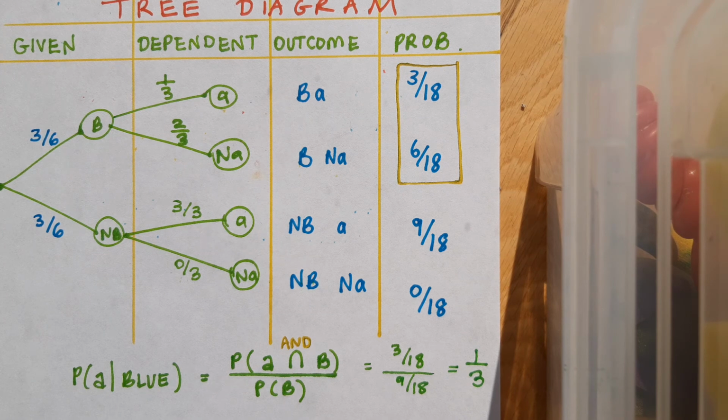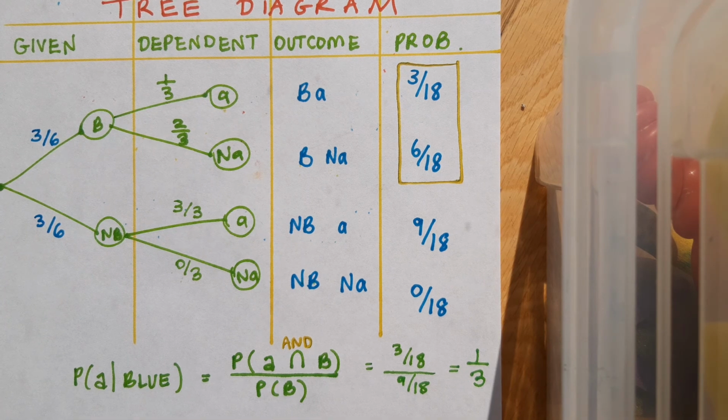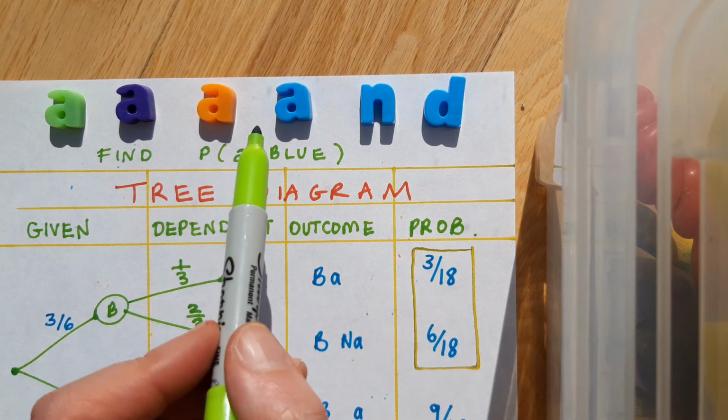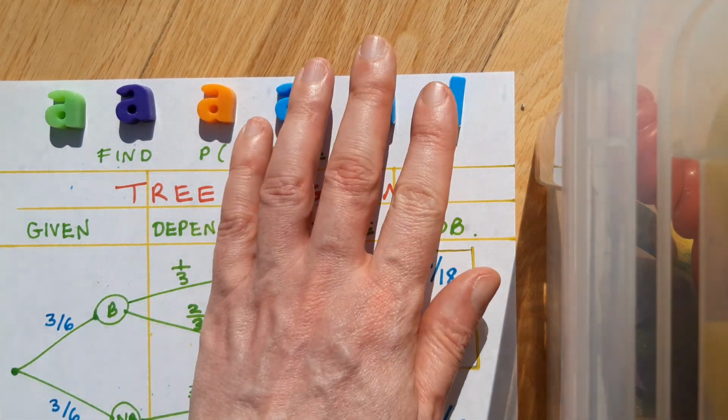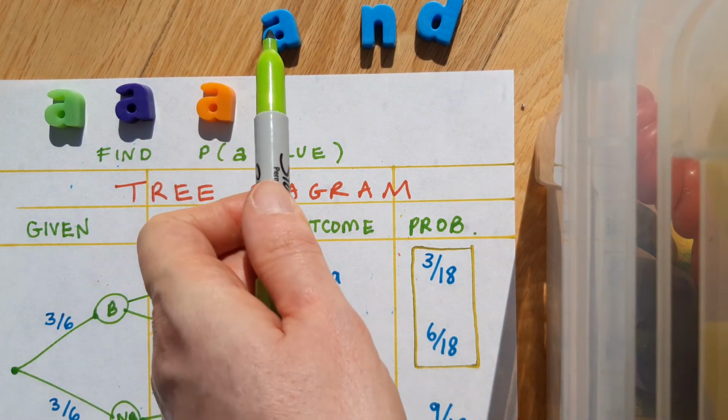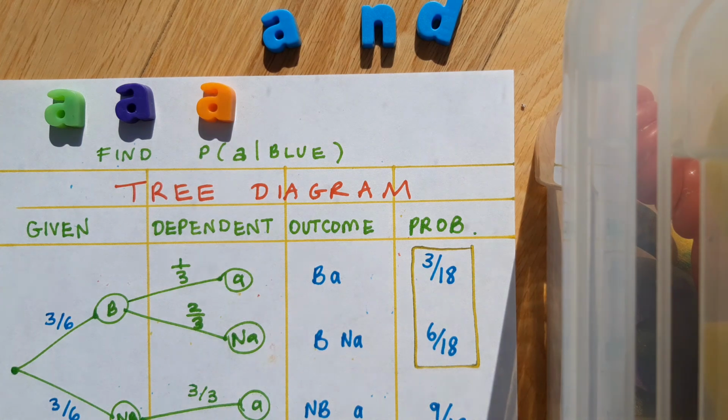Now, I must admit, this method is slightly overkill for this particular example, because if you look back to my original letters, obviously, if I was selecting a blue letter, there's 1 out of 3 in that group that is an A. However, the method works in the simple case, and sometimes you can be dealing with much more complicated questions, but the same concepts